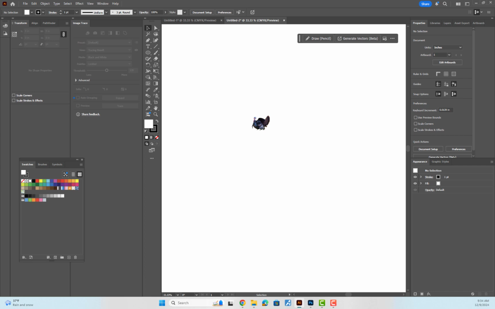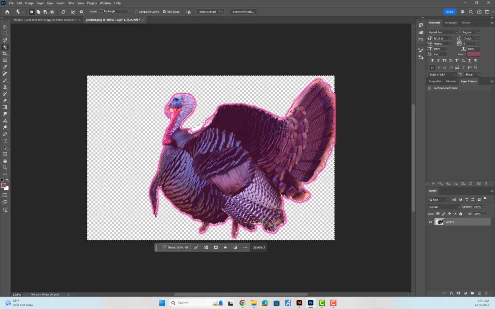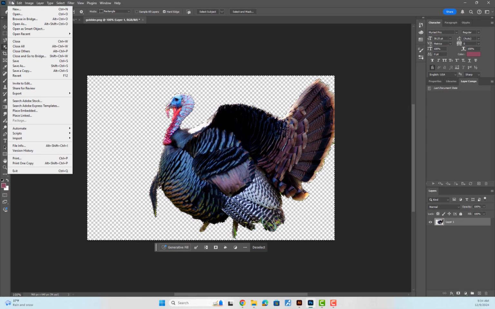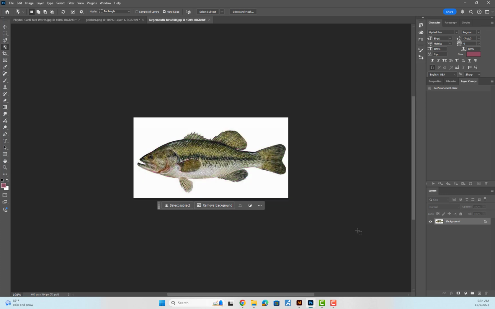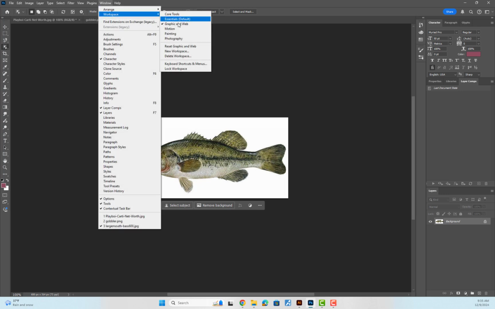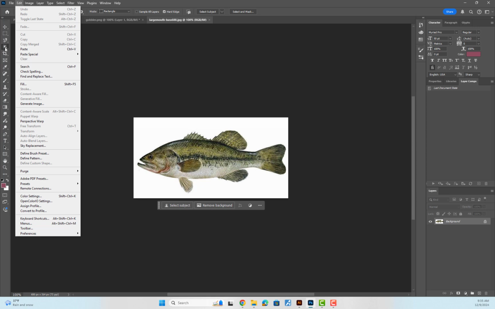Okay? So then the next thing, in Photoshop, I'm going to do one of these just so that you can see how to do this. I'm going to say open, and it opens up to the one that I already had set up. I'm going to choose largemouth bass and say open. There's a little button off to the side, and my workspace right now is Graphic and Web. So this little button right here,